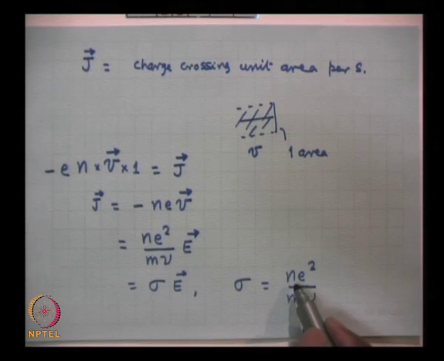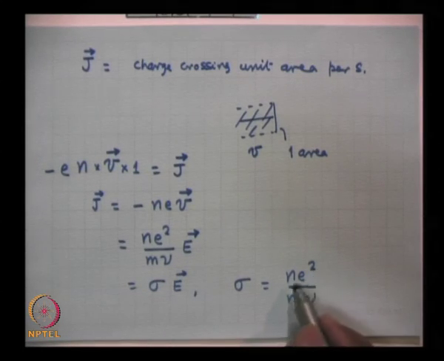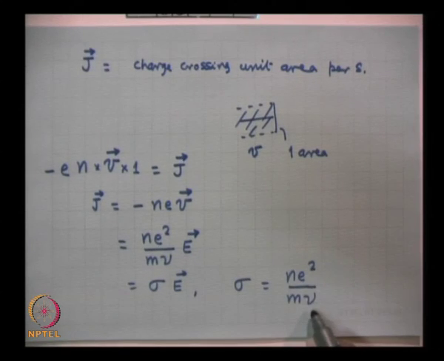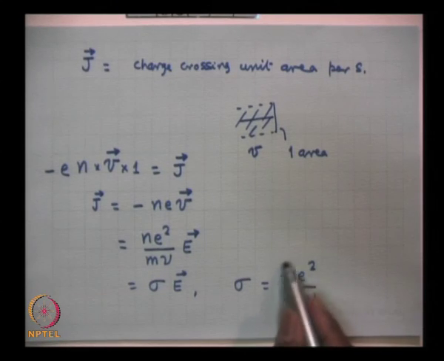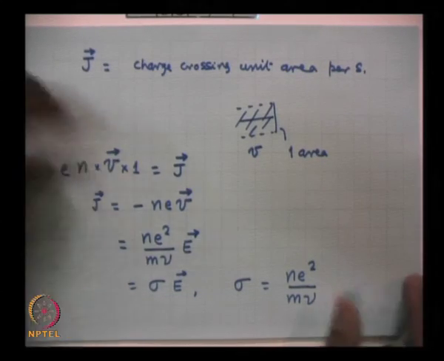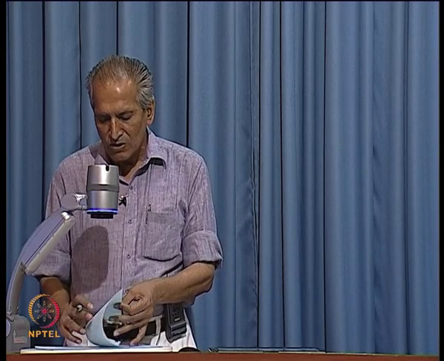In the case of a metal, the electron density is about 10 to the power 28. So, there is about 8 orders of magnitude difference in n and 9 orders of magnitude difference in nu. As a result, the conductivity of a plasma could be bigger than that of a metal. This is an important issue, that is why plasmas are so important, because their conductivity is very high.